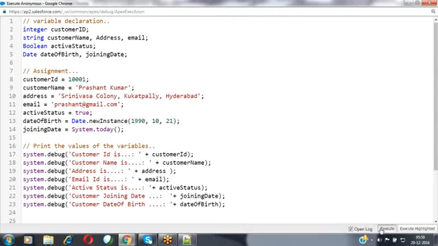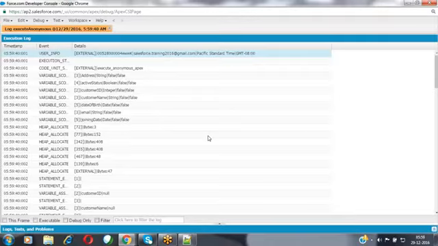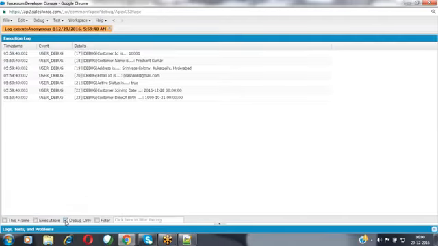Now click on execute. The code has been sent to the Force.com platform. The platform is executing your code and generating the log file for you. The debug log file is opening for you right now. Now the debug log file has been opened. Simply select the debug only checkbox.